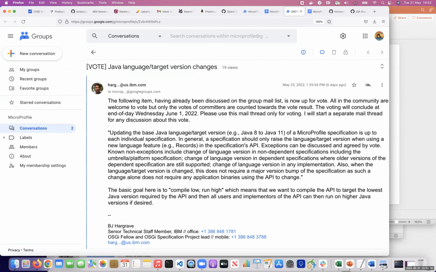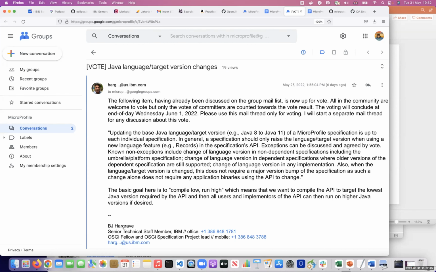No, so this first one here basically is saying that we want to be thoughtful about raising the target version of Java. We should only do it when we need to, to ensure that users of our API, whether they be implementations of the API or customers using the API, have maximum ability to run it on the version of Java they want, not the version of Java we limited them to by advancing the Java version faster than necessary.